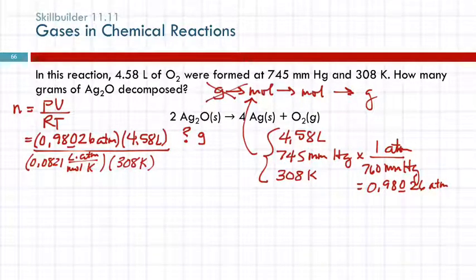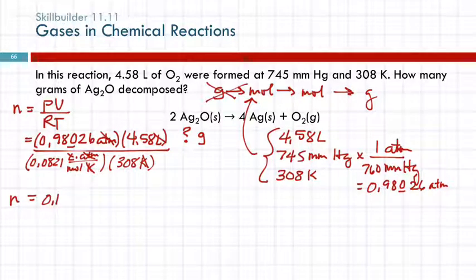We check out our units. Kelvins are canceling, atmospheres cancel, liters cancel. Okay, awesome. So n equals 0.98026 times 4.58 divided by 0.0821 divided by 308 equals